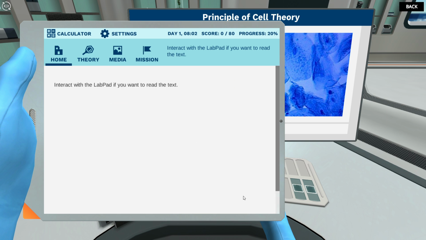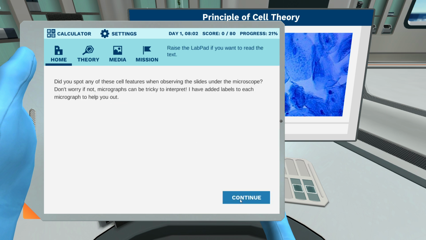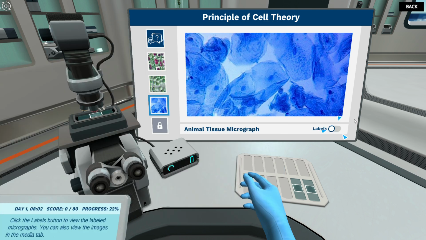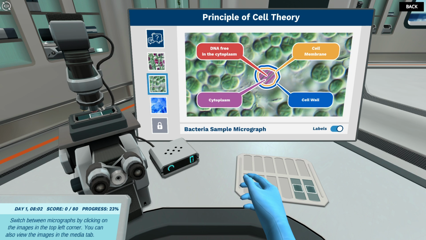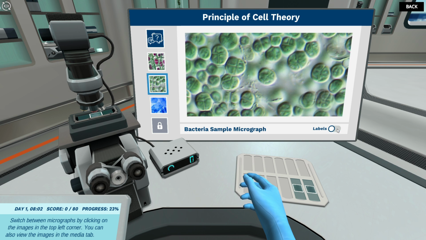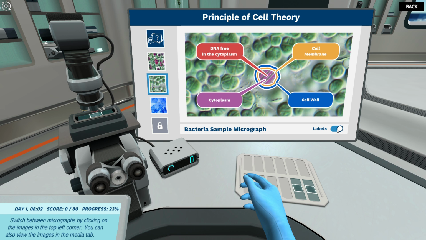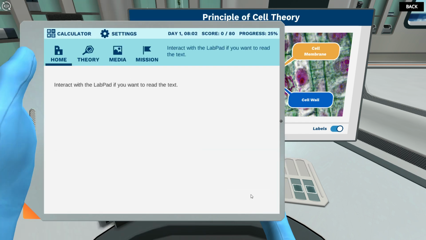Inside each cell is its DNA. Did you spot any of these cell features when observing the slide? Click the Labels button to view the labeled micrographs. You can also view the images in the Switch between micrographs by clicking on the images in the top left corner. You can also view the images in the Media tab. You might notice that some